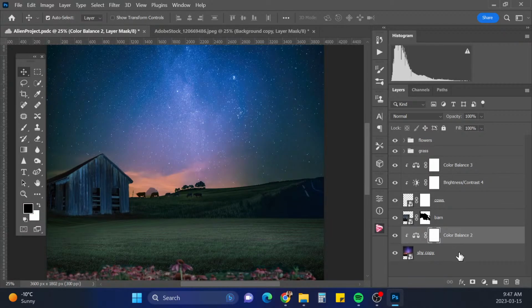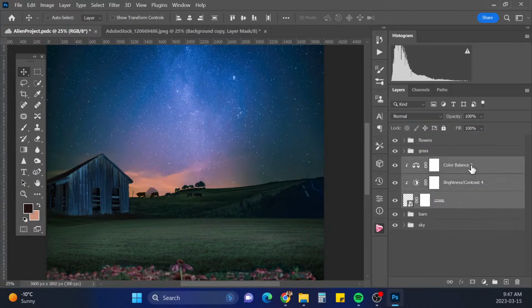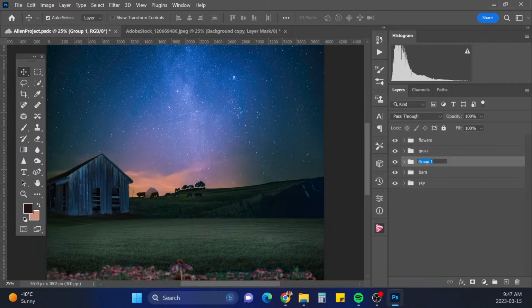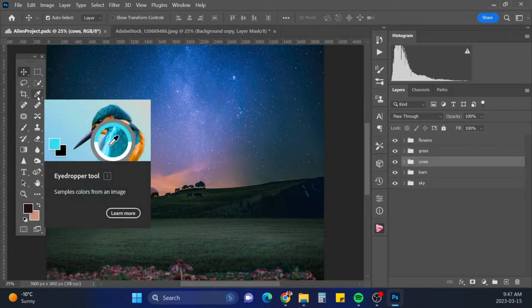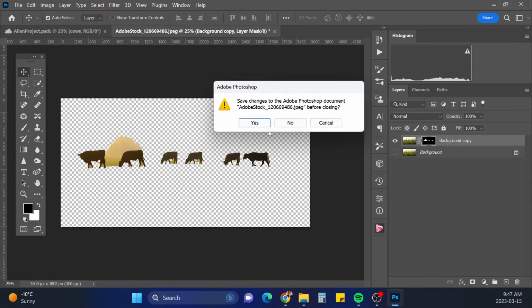Okay, I'm going to put the sky in a group. Sky. Control G. Put the barn in one. And cows. Alright, I'm just going to save this again. As well. Close these cows here.